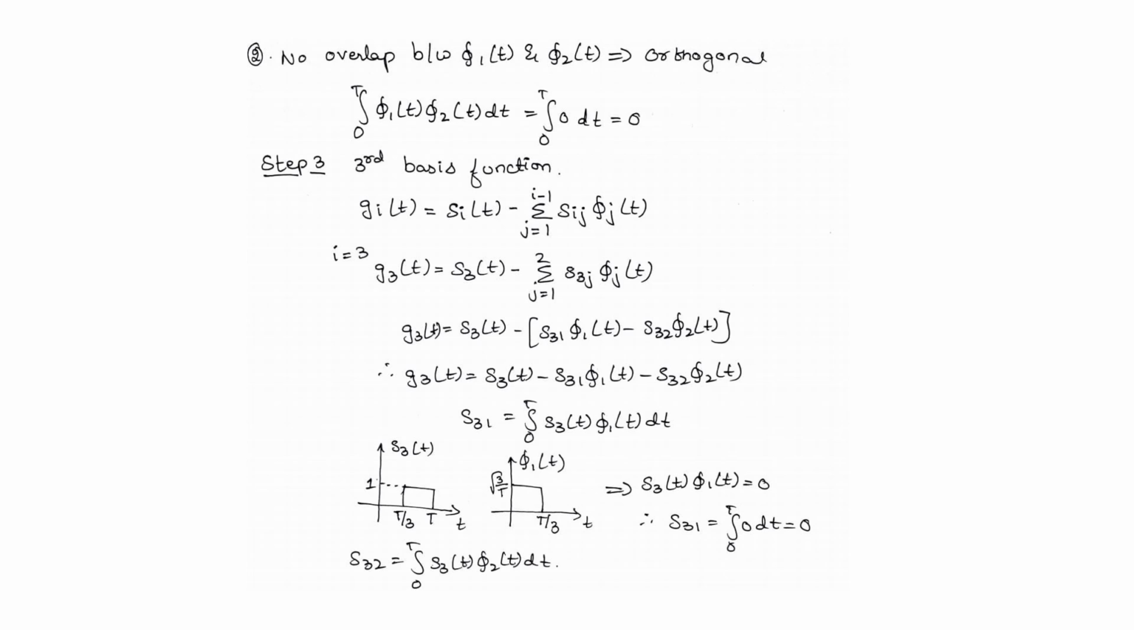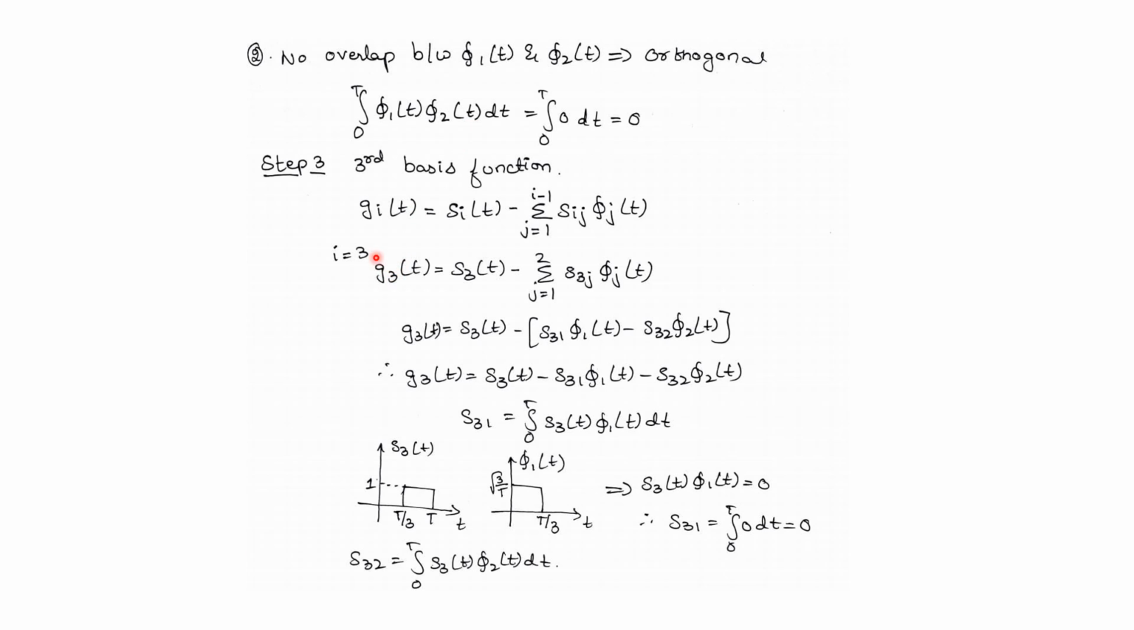The second important point is there is no overlap between signal phi 1 of t and phi 2 of t, so it is orthogonal. To satisfy the condition for orthogonality, the integration of the product of phi 1 of t and phi 2 of t should be 0, which is true in this case. And